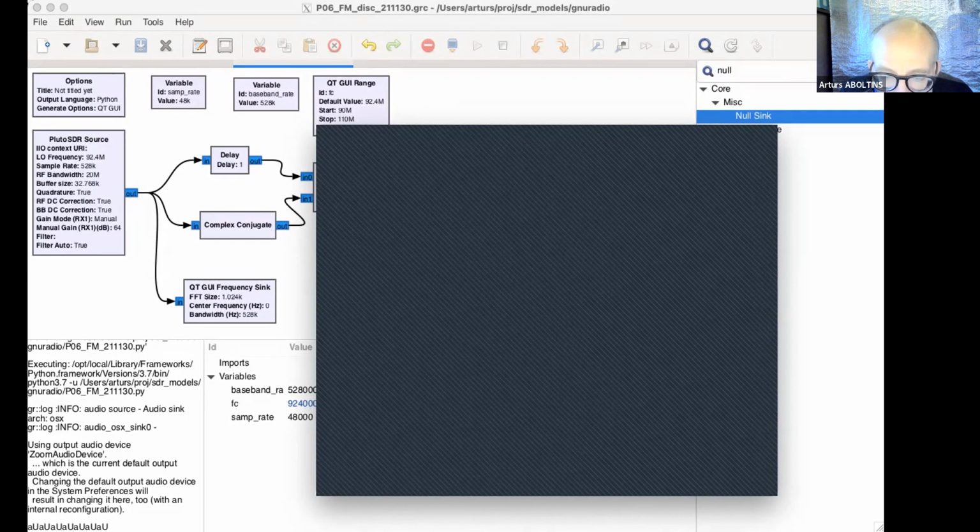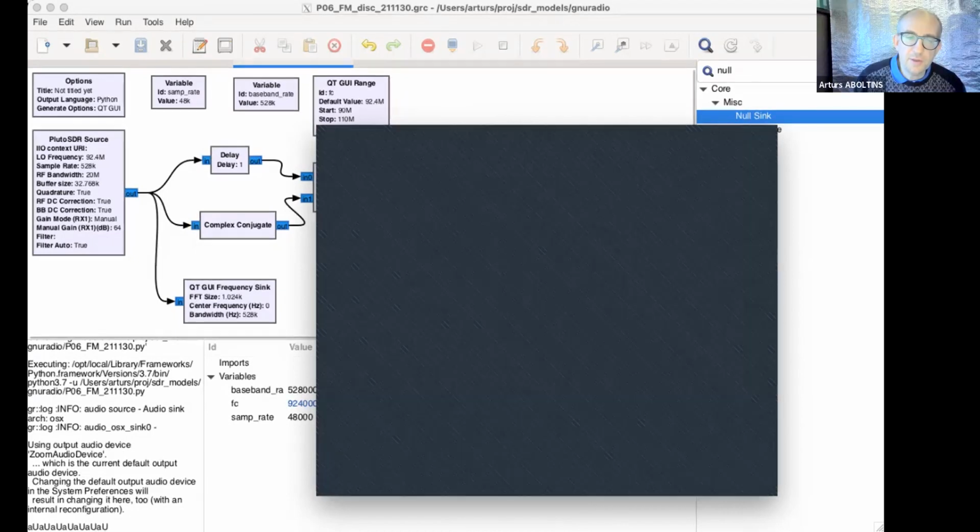And then there is another section responsible for the stereo, for the difference between left and right for the stereo. Now, of course, we are not decoding the stereo, we are decoding lower